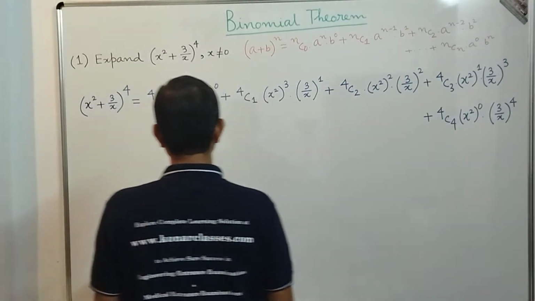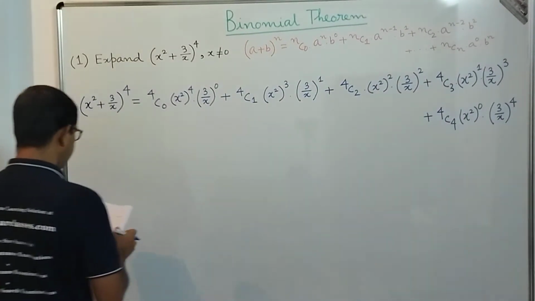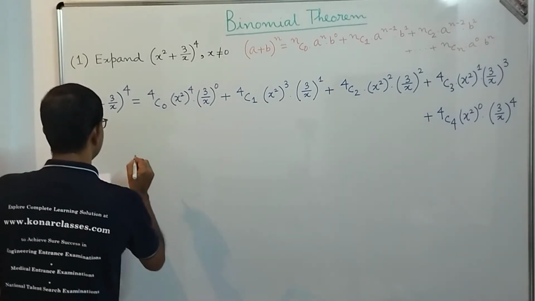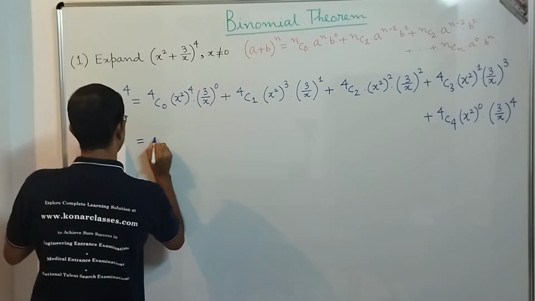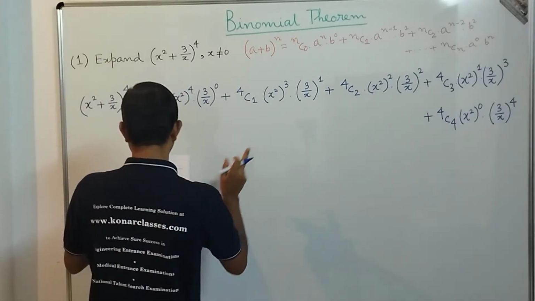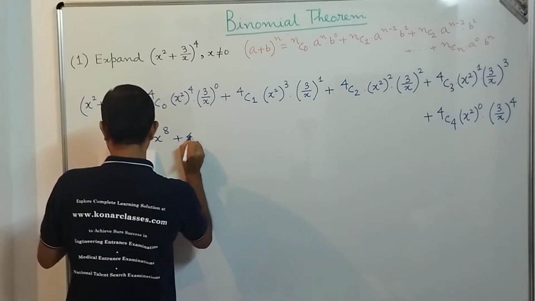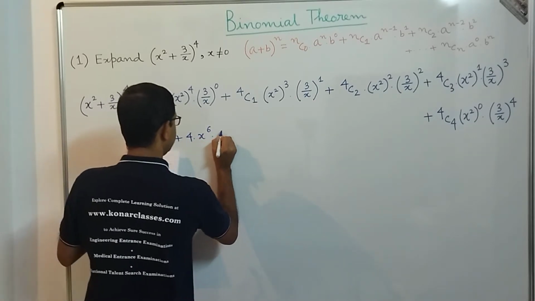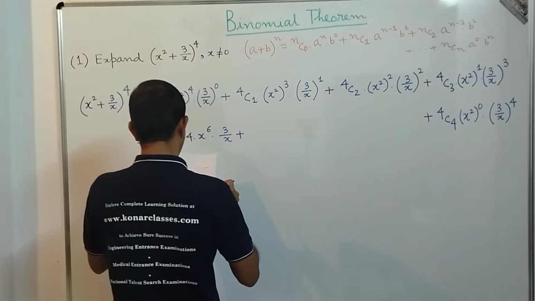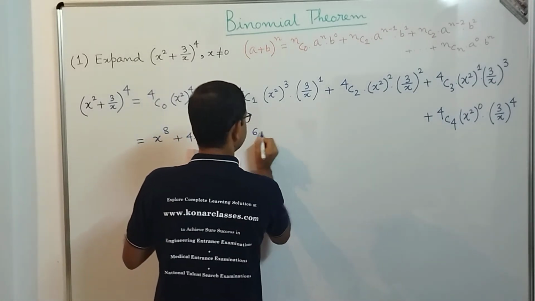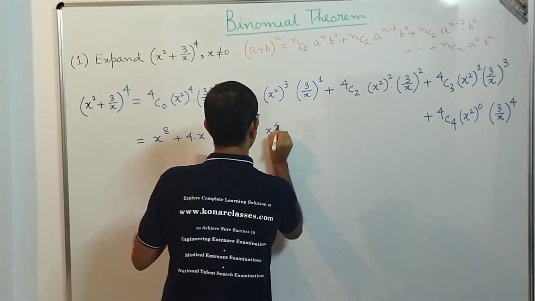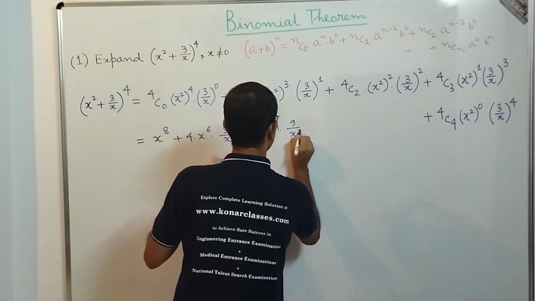So I am taking it from my notebook because we should not spend time in computing the value of this expression. So this value will be here. The first one is x to the power 8. 4c0 is 1, x to the power 2 power 4 is x to the power 8, plus 4c1 we know, that is 4 into x to the power 6 into 3 by x, obviously, plus 4c2 value is 6 into x to the power 4 into 9 by x square,